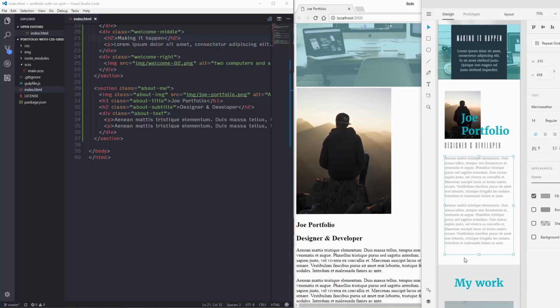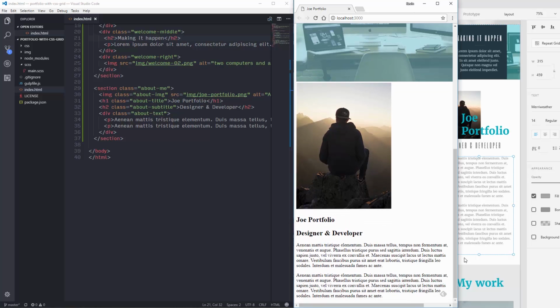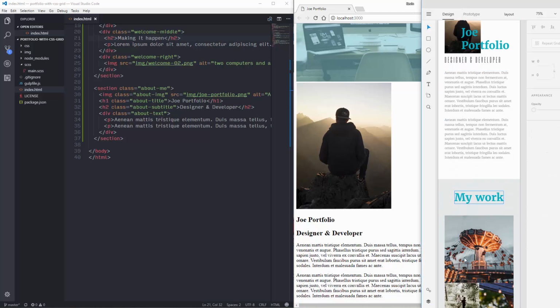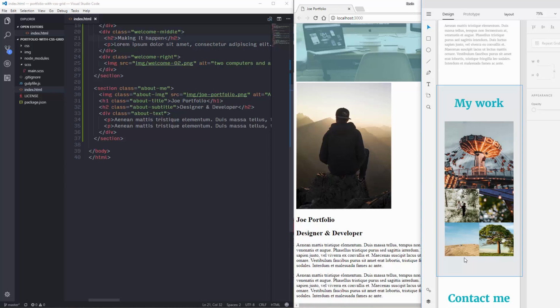Okay, so I think that is going to be pretty good for that. We have everything we need in there. Let's move on to my work. So my work. This is going to be a fun one to do with the CSS, but it's going to be super simple when it comes to